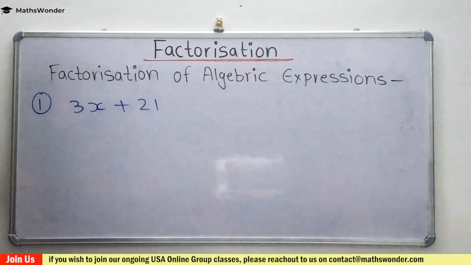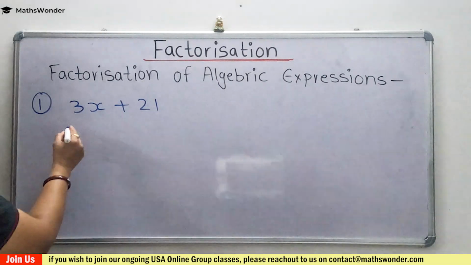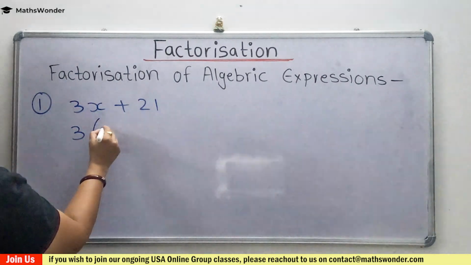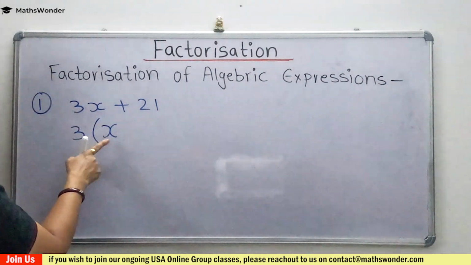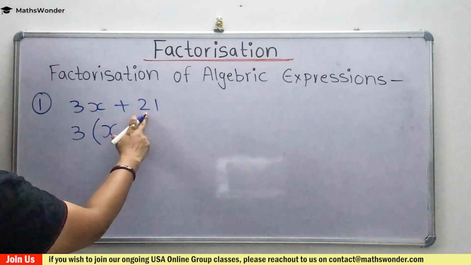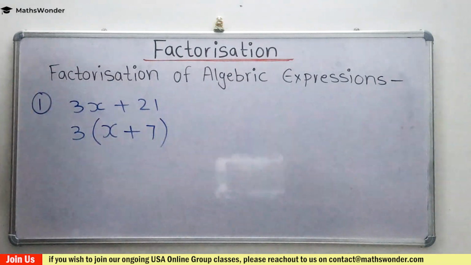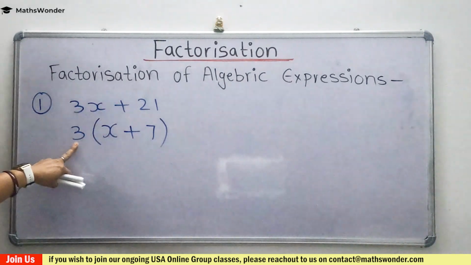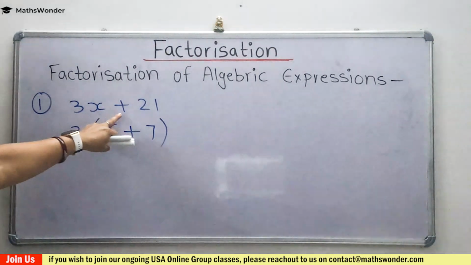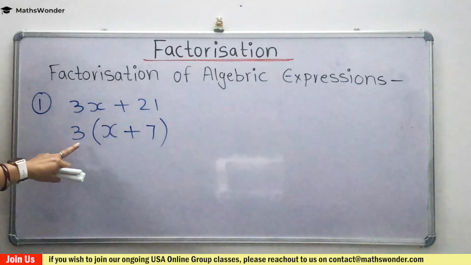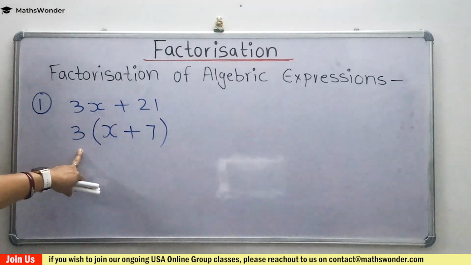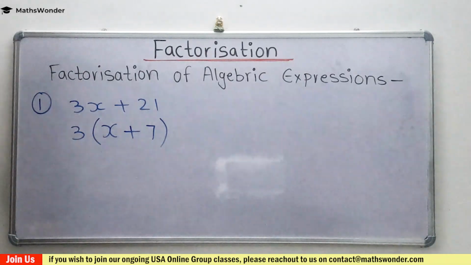3. The greatest common monomial factor by which 3x and 21 can be divided is 3. Yeah, that's correct. So 3 you will take out of the parenthesis. So x remaining is x. So you will write inside plus 3 times what will give 21? 7. So 3 times 7. So this is your quotient. So the greatest common monomial factor by which 3x plus 21 can be divided is 3, and x plus 7 is your